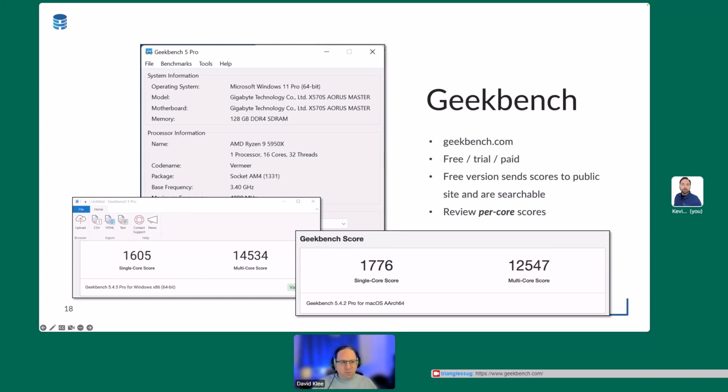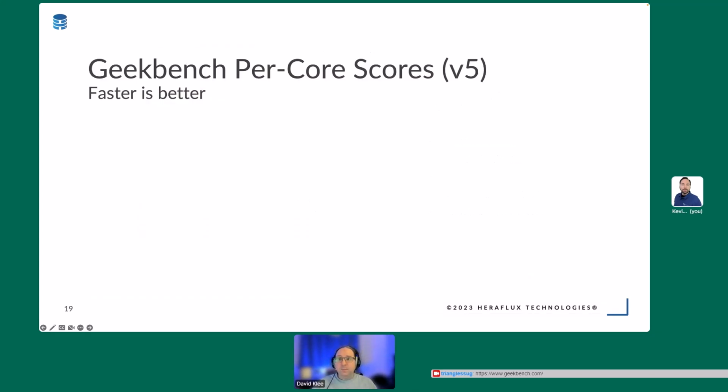Look for the single core number. Higher is better. There's no unit of measurement to it. But if we start trending this, I can look at relative speed differences between individual CPUs. And if you're looking at upgrading, it goes a long way. So if we take a look at some of the better CPUs that are out there,